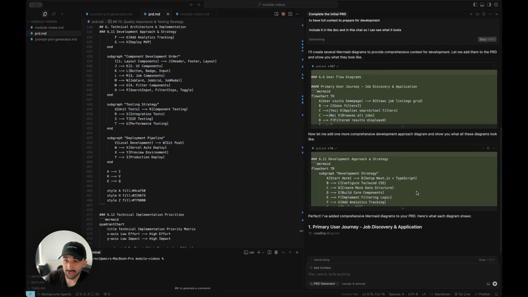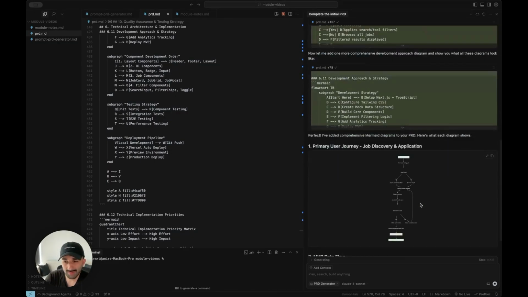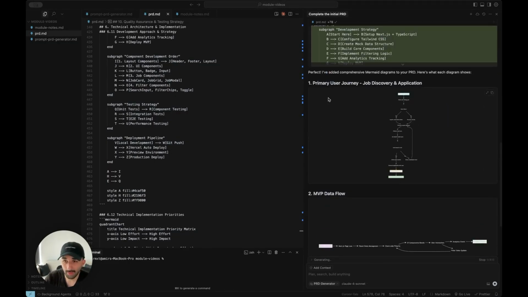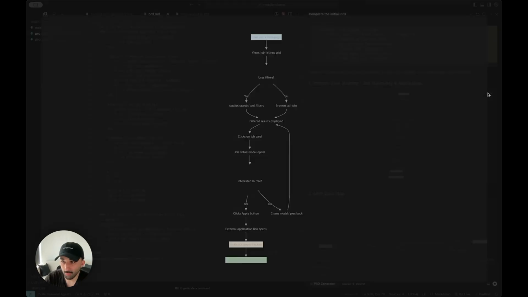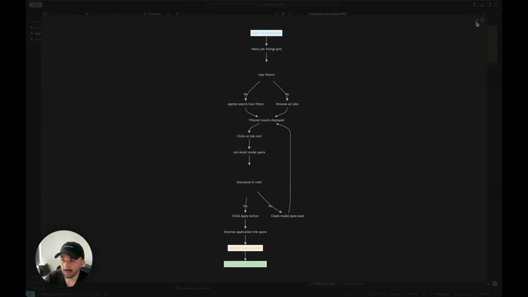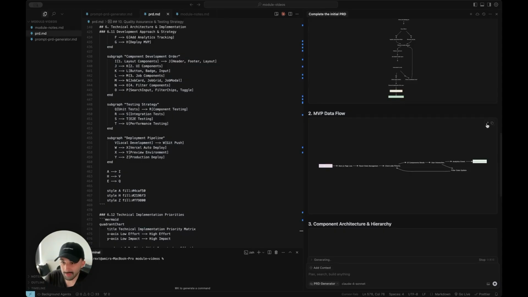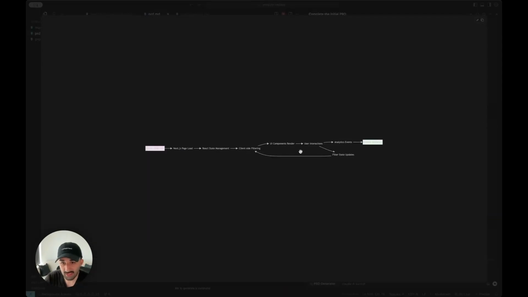And it's gone ahead and actually added more Mermaid diagrams. This is not necessarily all the time, but we're just showing the primary user journey and what that is. So you can see right here what the flow looks like, which is pretty cool. The MVP data flow, so basically it's going to use Next.js page load, React state management,